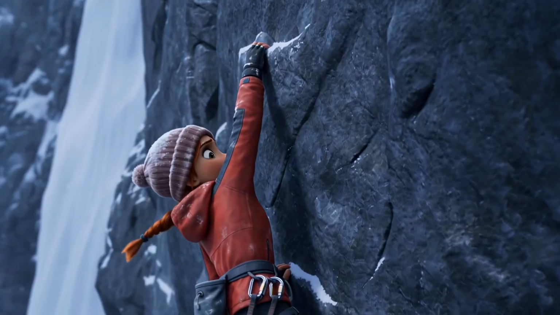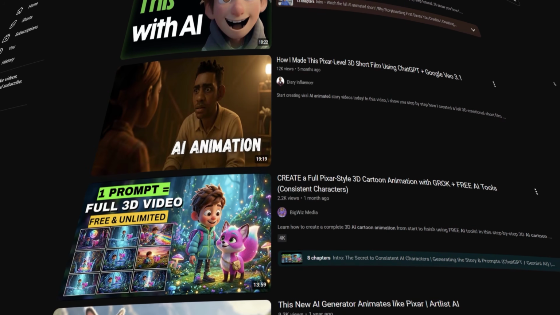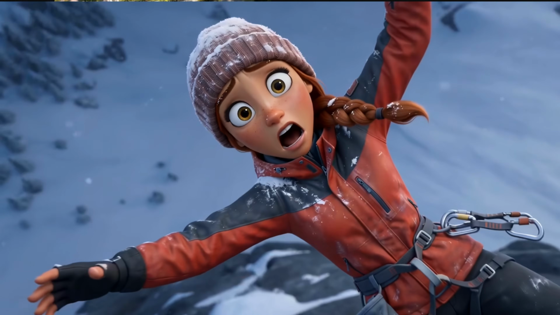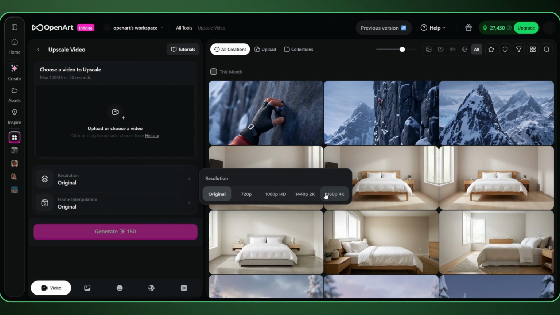And the craziest part is that even a complete beginner can learn how to do it. However, getting this right is still much harder than it looks, because while a lot of people talk about AI animation online, very few actually show the full workflow behind results like these. So in this video, I'm going to show you the easiest yet most powerful process I personally use to create